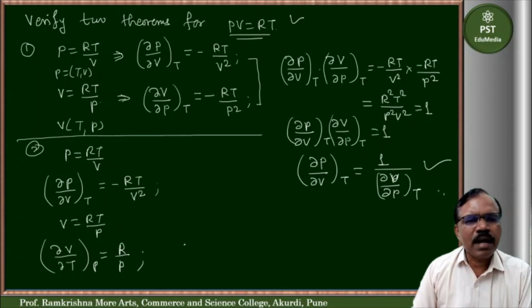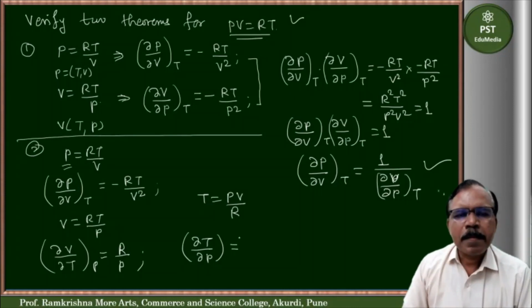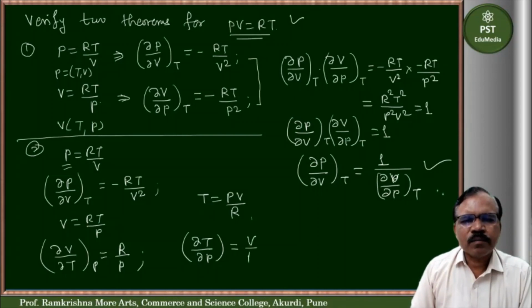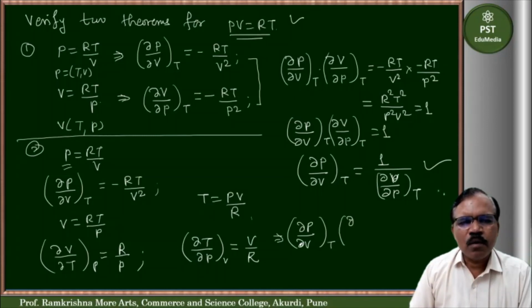Next in the cycle, P, V, T, then P. So we have to take ∂T/∂P. We can write T is equal to PV upon R. So ∂T/∂P is equal to V by R, and this is at constant V. Now let us take the product: ∂P/∂V at constant T into ∂V/∂T at constant P into ∂T/∂P at constant V is equal to